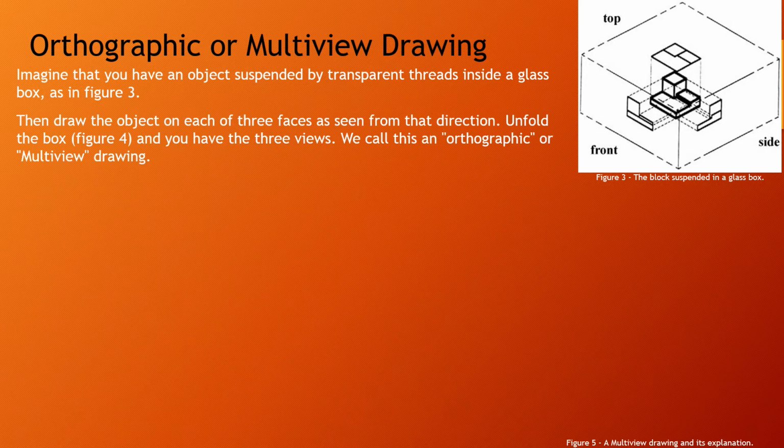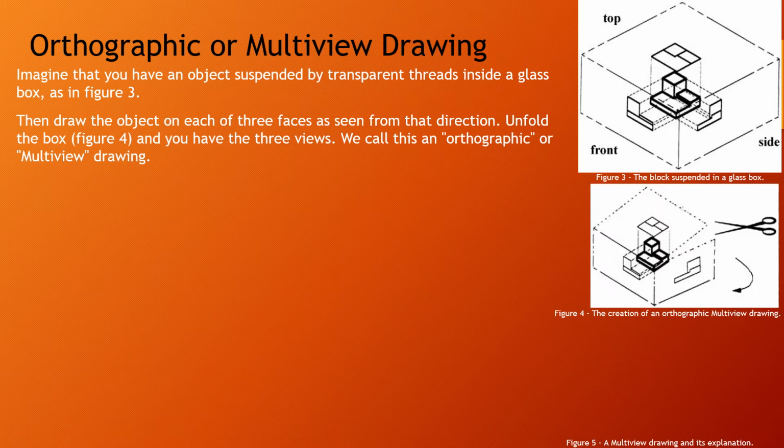Then draw the object on each of three faces as seen from that direction. Unfold the box in figure 4. I will show it, and you will have the three views. We call this an orthographic or multiview drawing. You can see it in figure 4